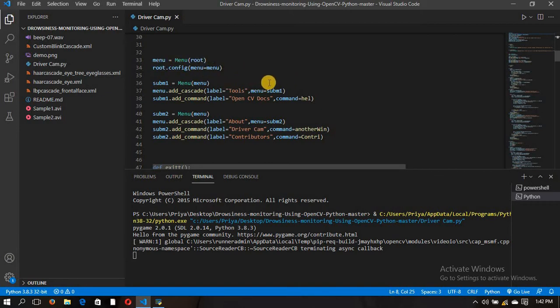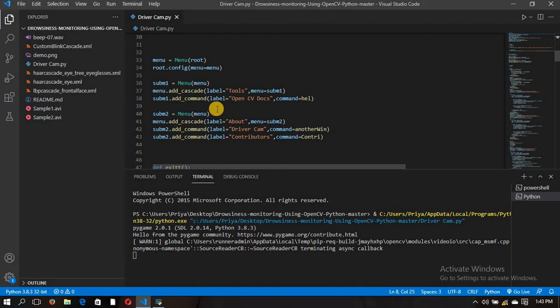Then subm equal to menu.add_cascade with label Tool and menu equal to subm1. Here the add_cascade method of the menu widget is used to create a hierarchical menu to a parent menu by associating the given menu to the parent menu. And subm1.add_command with label OpenCV Docs and command is help.